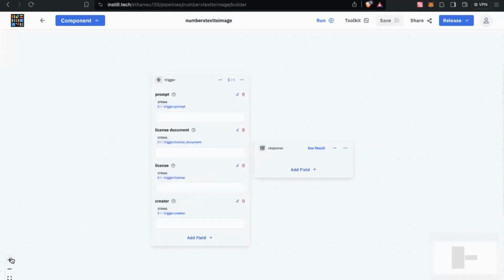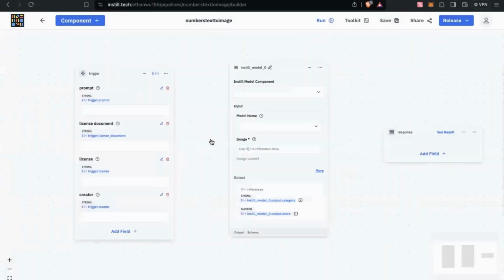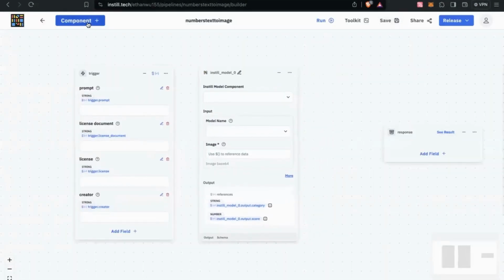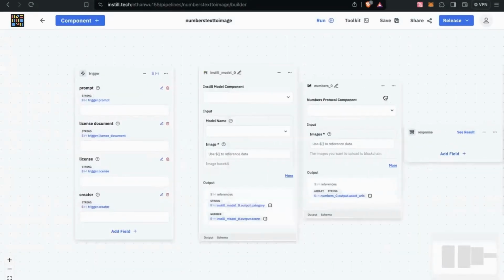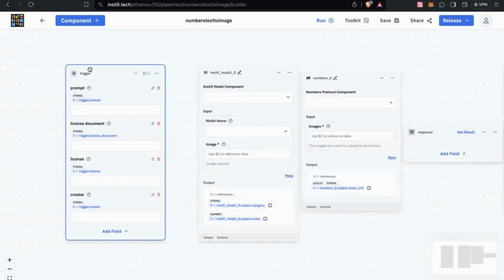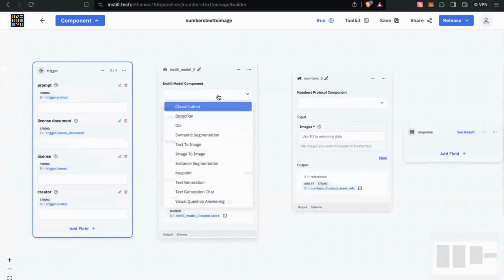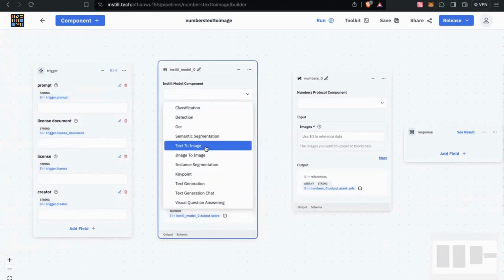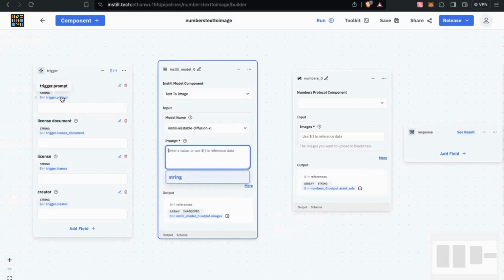Okay. So now that we have our secret set up, let's add the AI connectors. So we'll add the Instill model. And as previously mentioned, we'll also be adding the Numbers Protocol connector as well. Okay. So let's set up these connectors. We'll start with the Instill model. Here we'll select text to image, and we'll select the Stable Diffusion model. Here you can see that this model takes in a prompt, so we'll be adding in whatever the trigger prompt